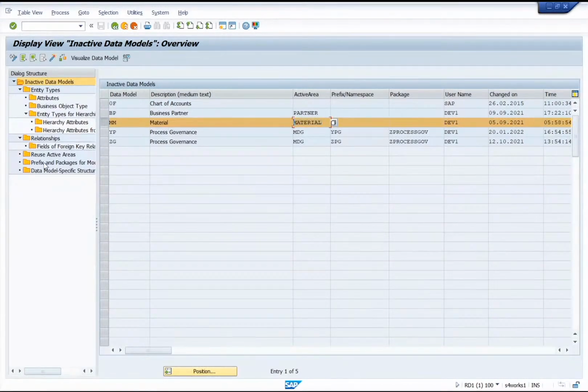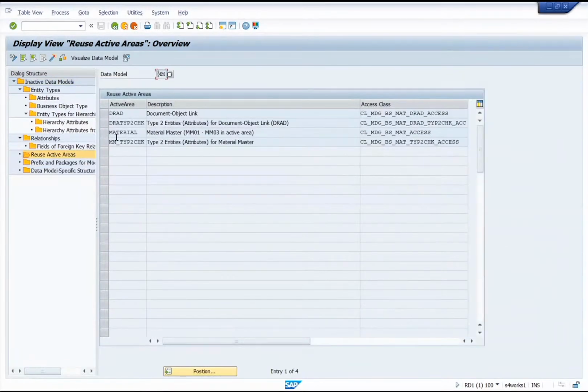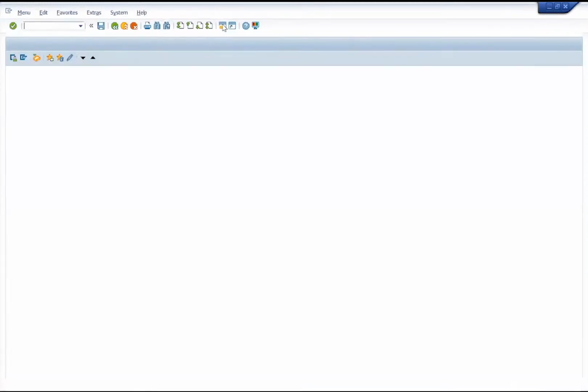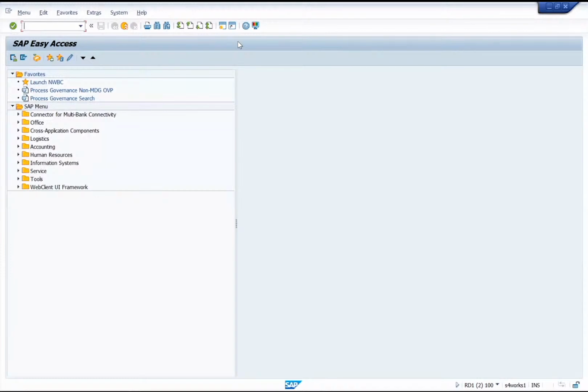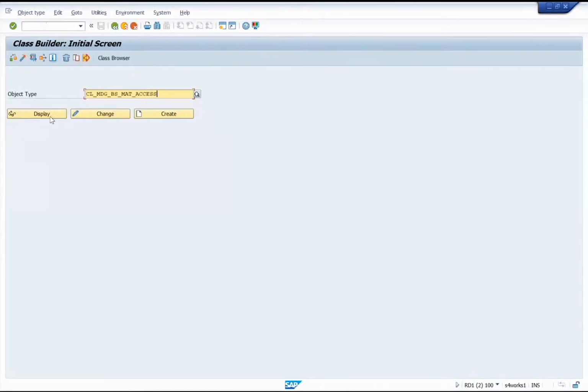Select your data model, go back to this active area. So this is the access class, and this is the name of your access class. Technically, if someone wants to look at how it looks, I will quickly show you. This is for the technical people. If you go to SE24 and look at this particular class,